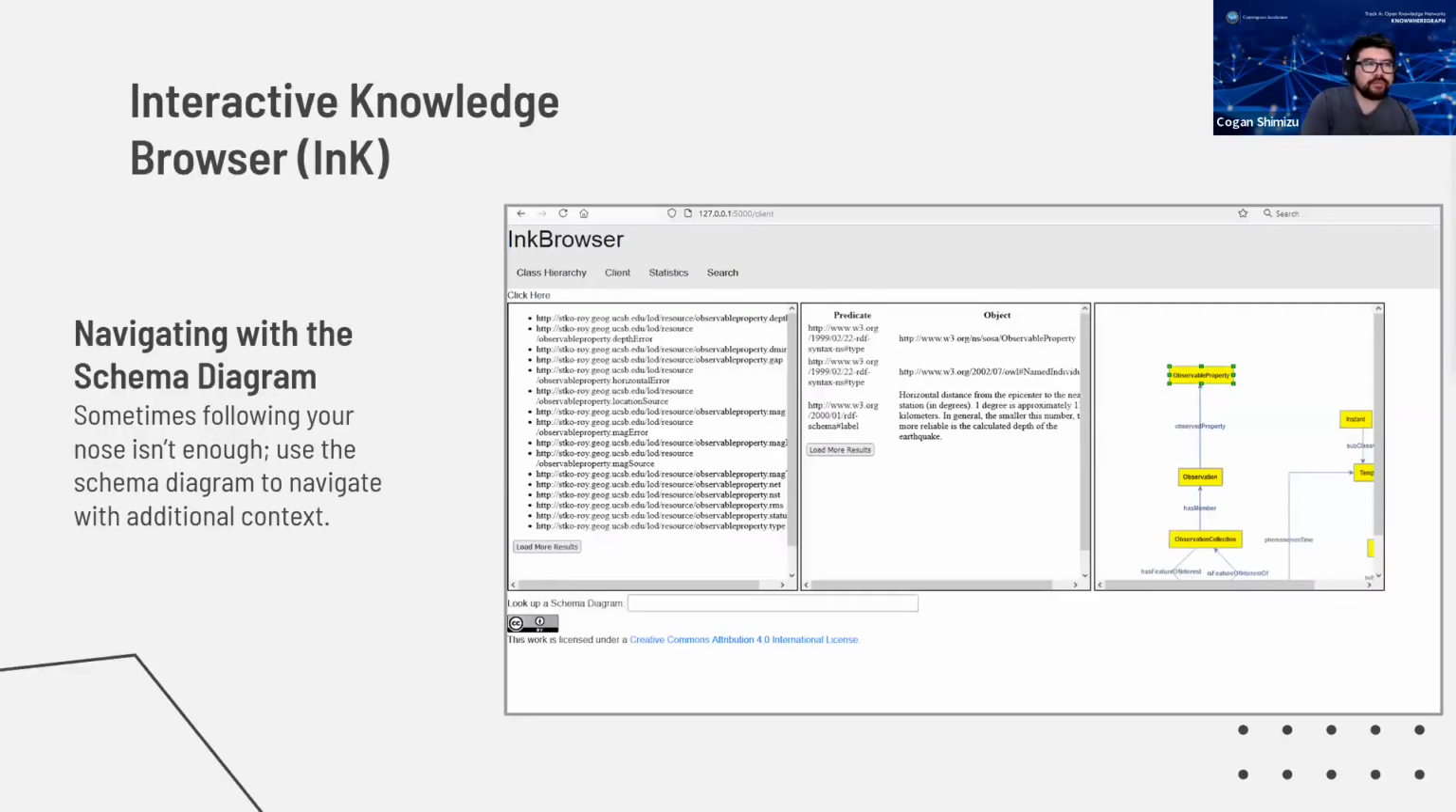And then finally, we have the INK browser, or the interactive knowledge browser, which allows you to take a look at the data inside of the knowledge graph, but using the schema diagram as your primary vehicle of navigation. So this way you can take a look at what is connected to what, not in terms of explicit concrete pieces of data, but the entire classes of data that are related to each other. This is definitely a work in progress, and we need to work on the user interface, but this is a technology sort of